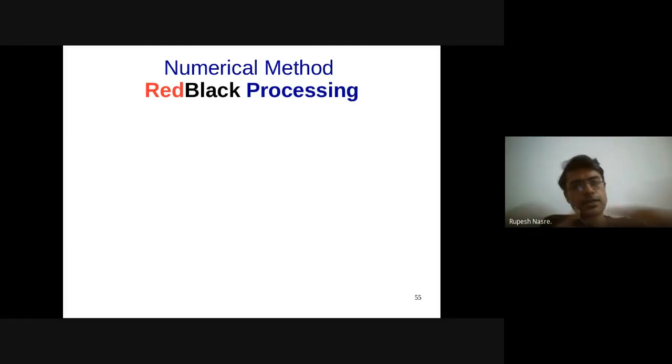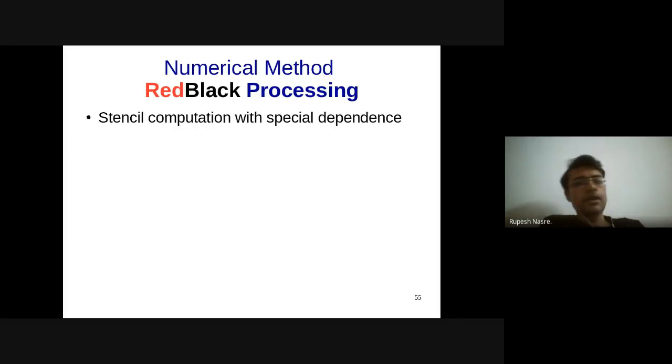Since they are separated in time, the data race, that is accessing the same memory location in the context of OpenACC, also gets separated, and therefore you won't get that data race. So this is a very specialized processing. This doesn't always apply to all kinds of data races or loop carry dependencies. But when you have this specialized form, at that time such stencil computation can be converted into red-black processing.